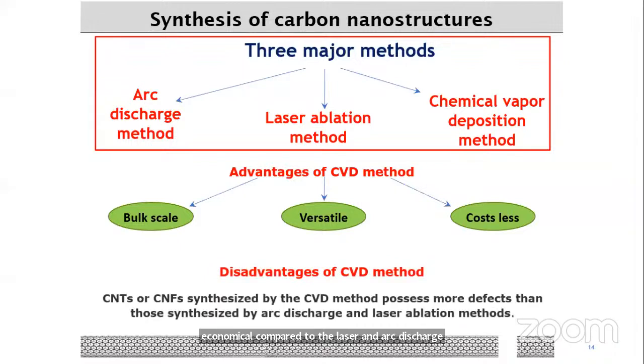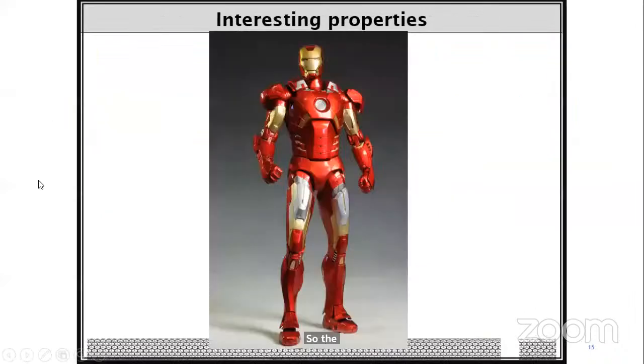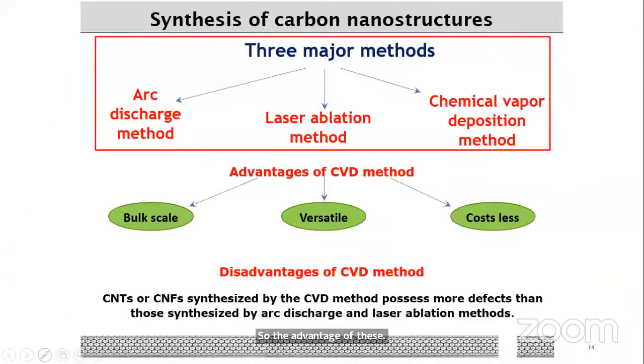So the advantage of the CVD method is that